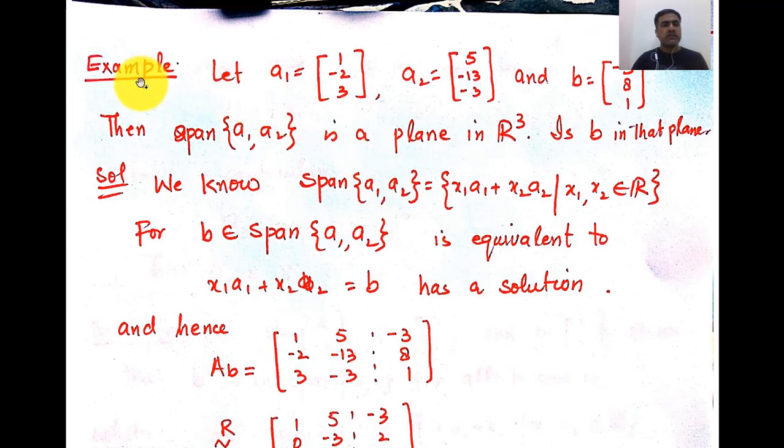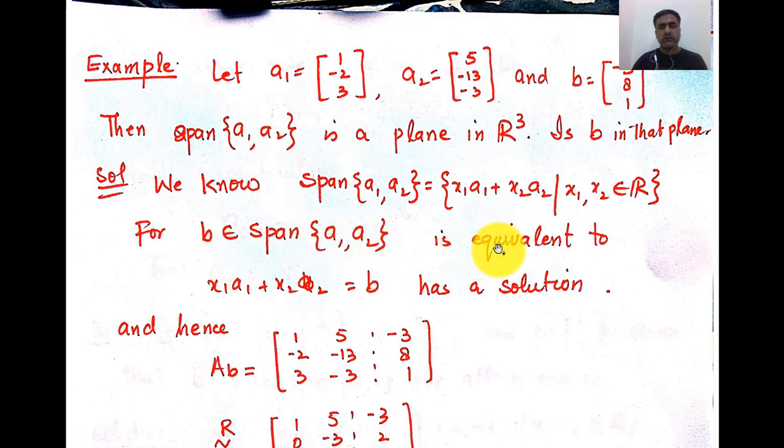Now we move towards some examples. So let A1 be this vector, A2 be this vector, and B be this vector. Then span of A1 and A2 is a plane in R3. The question is: is this vector in that plane? So we know that span of A1, A2 is given by x1 A1 plus x2 A2, with x1 and x2 real numbers. So now for B, if we want to prove that B is in the span of A1